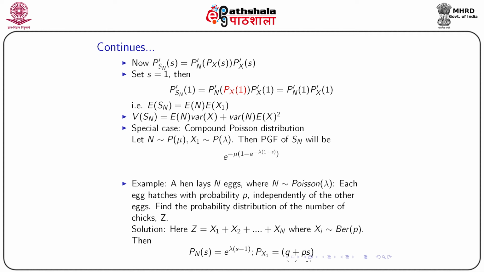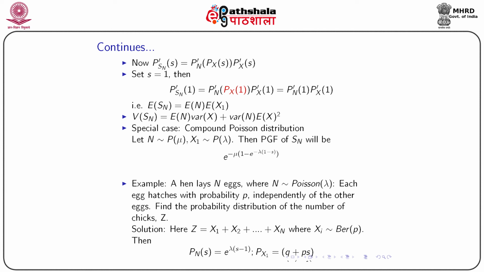So far we have learned that if these X1, X2, ..., Xn are independent, then the PGF of the sum of these random variables will be the product of their individual PGFs. Here we have n such independent random variables, so we have n such probability generating functions, and we know they follow a common probability generating function P_X(s). So it will be P_X(s) to the power n times the probability that N equals n, summed over n from 0 to infinity. If we look at the form, it is something like s to the power n times the probability N equals n. So once again this is a PGF, and this is for capital N.